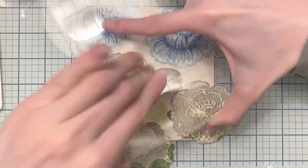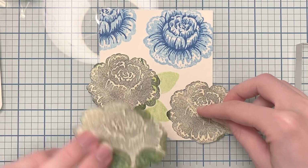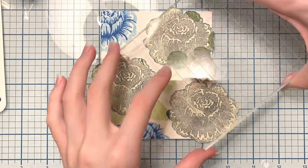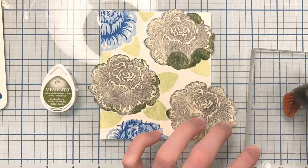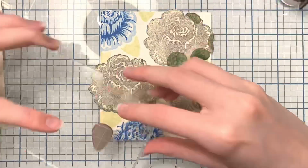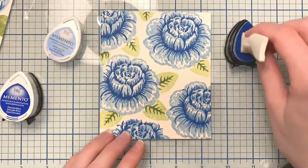So I'm stamping out that right now onto the very front of my card base. I'm not doing this onto a separate piece of paper, so I actually do have my card base stuck down to my work surface using a little bit of washi tape so that it doesn't wiggle around. So at this point I'm stamping in the centers of the little petals,